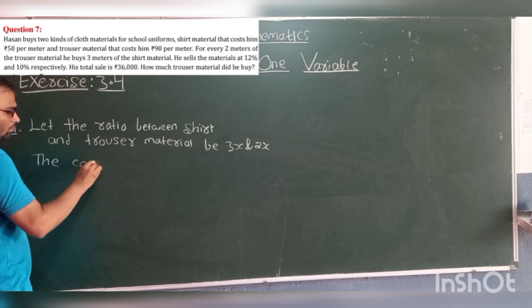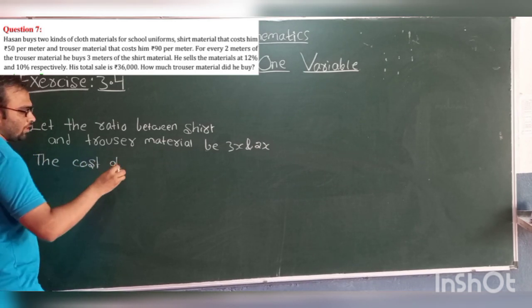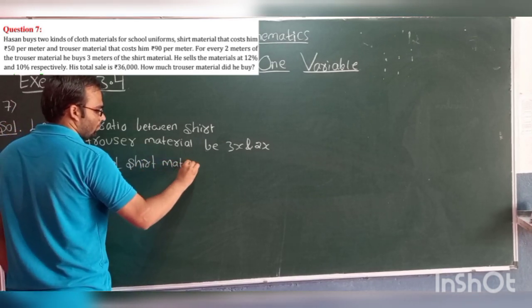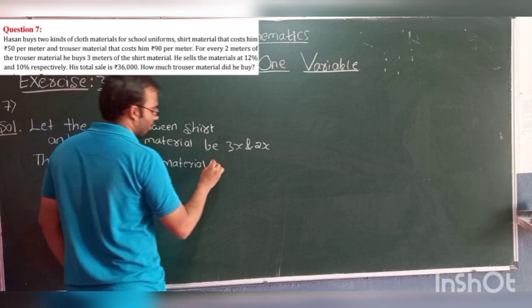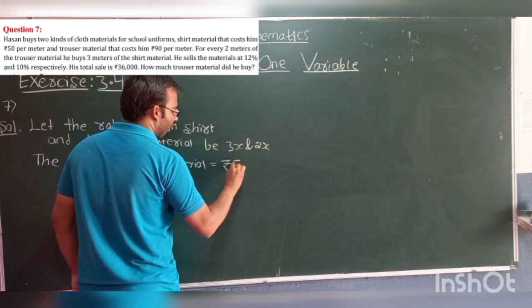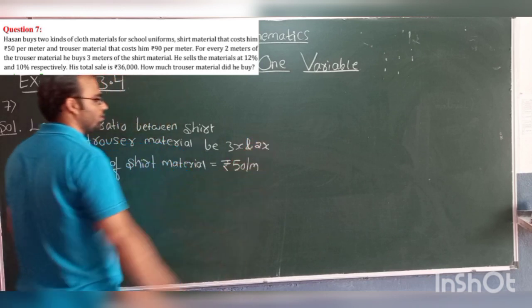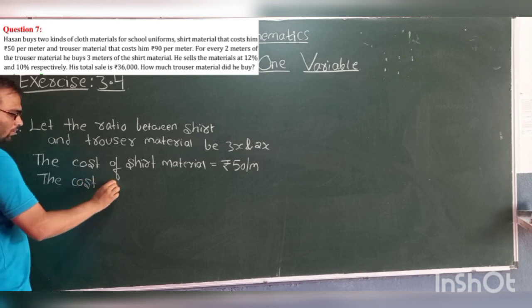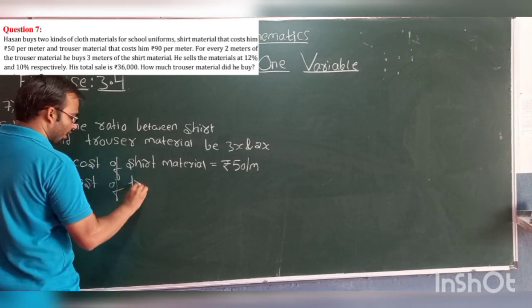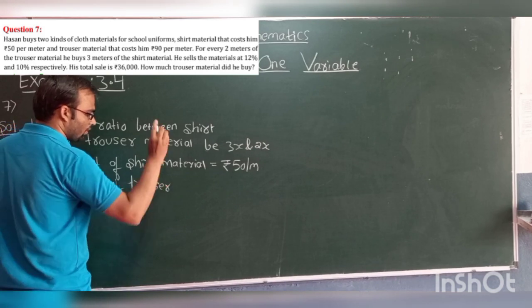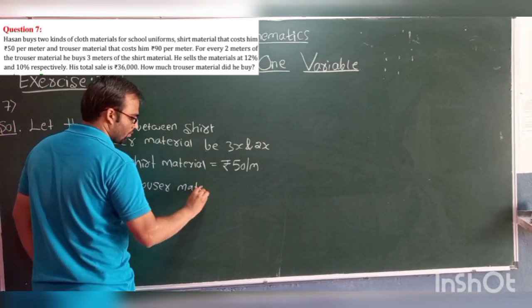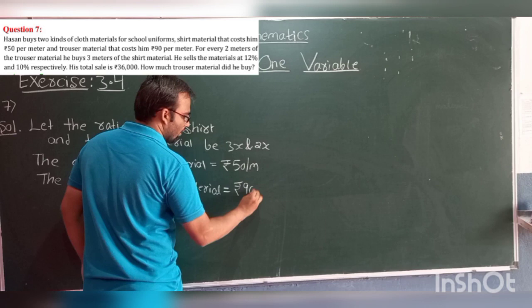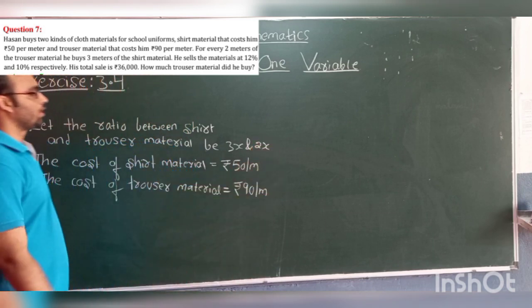The cost of shirt material equals rupees 50 per meter. Okay, the cost of trouser material equals rupees 90 per meter. So now